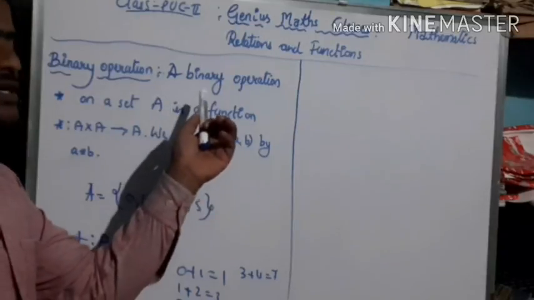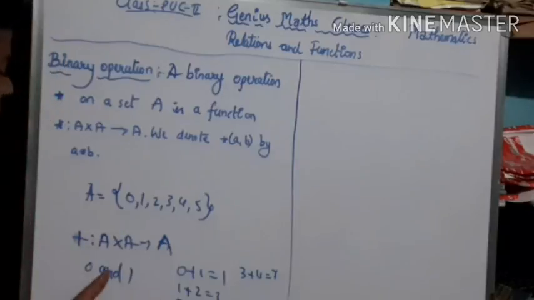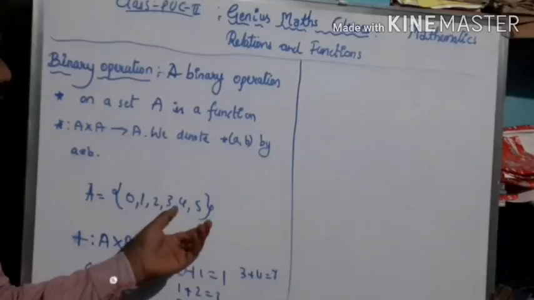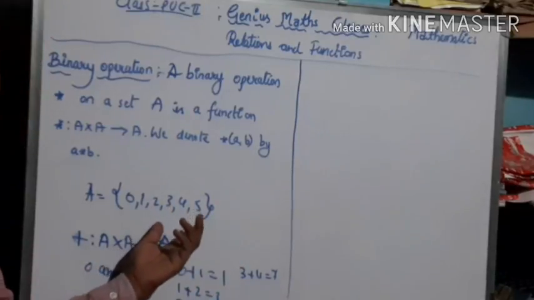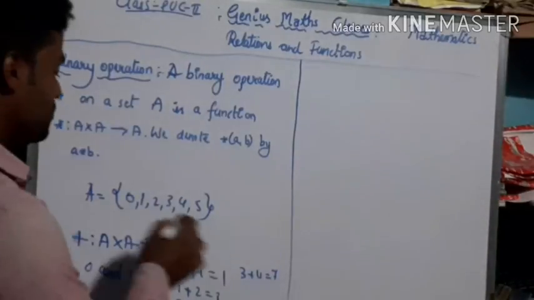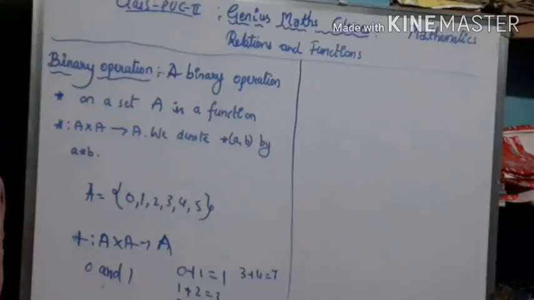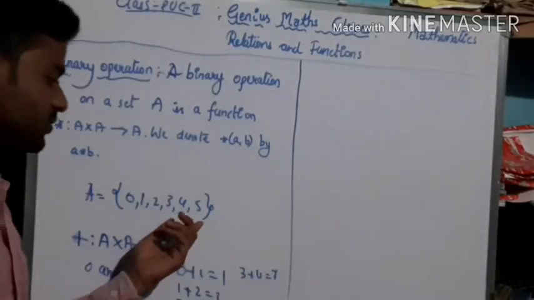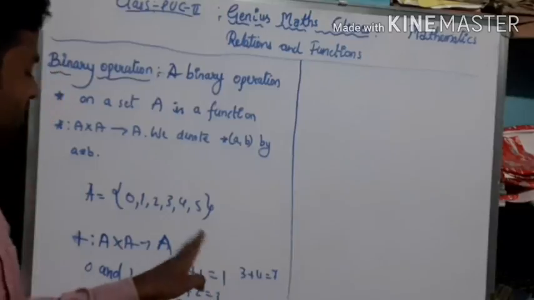So binary operation tells you that if you operate any fundamental operation on this set, you must get the result. These results 1, 3, 5, 7: the resultant element must also be an element of this set. Then only we can call it a binary operation. Whatever operation you operate on these elements, the resultant element